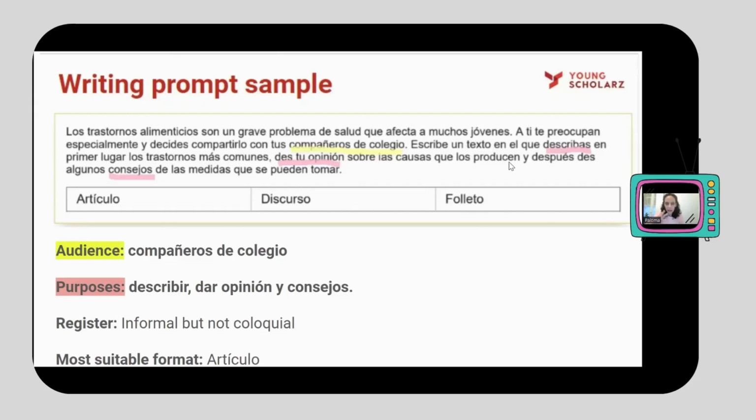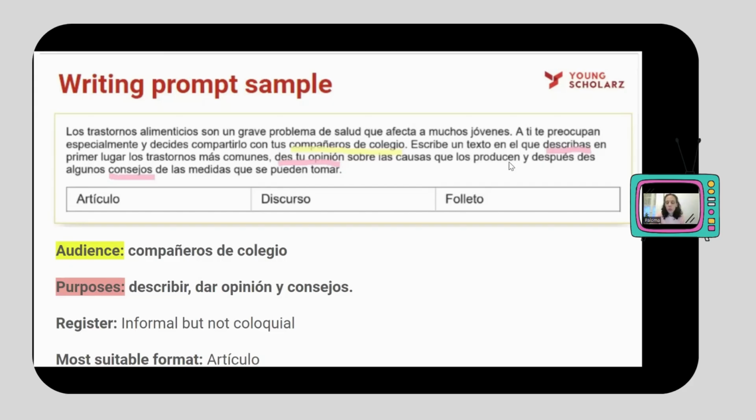And then after we have analyzed all this, we need to decide which text format I should choose to write about all this. All this information should already give us the direction pointing at artículo. It's important to decide the text type before we write, because we need to include conventions of that particular text type. So our planning has to be according to the text type chosen, in this case, artículo.